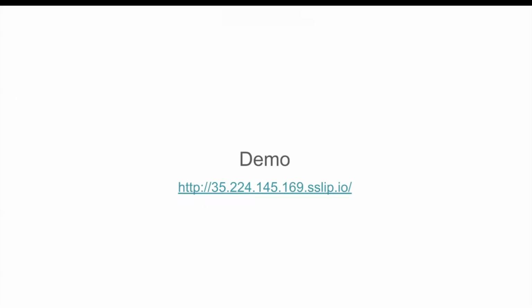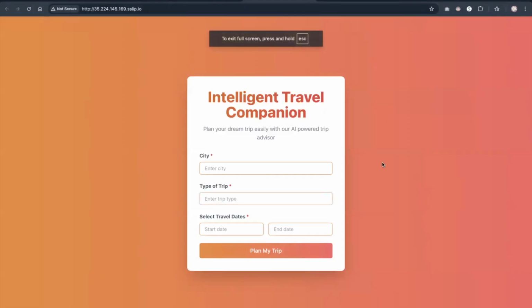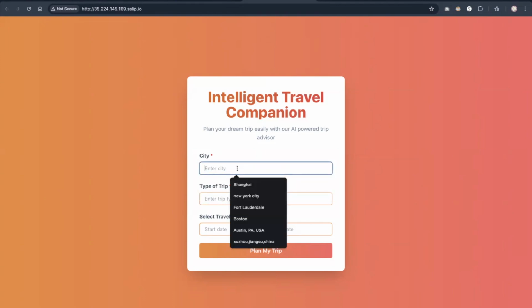I'd like to show you a demo of Trippy, a travel planning application running on a Kubernetes cluster. We can access the website through this link. And what we see right now is Trippy's front end. It has a user-friendly and intuitive design. Simply tell Trippy three pieces of information. So first is your desired travel destination. And for this demo, let's try New